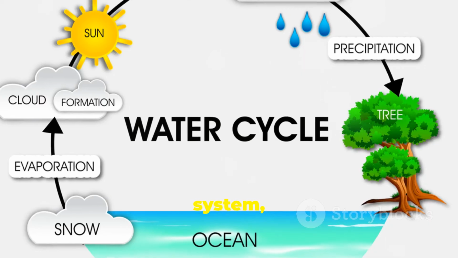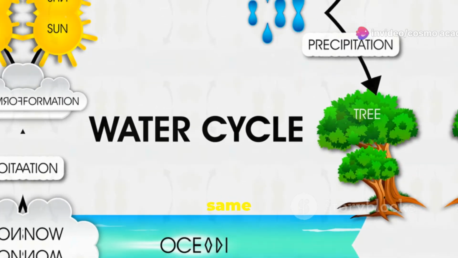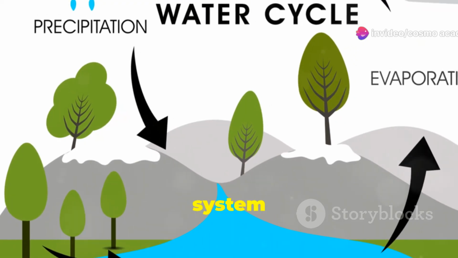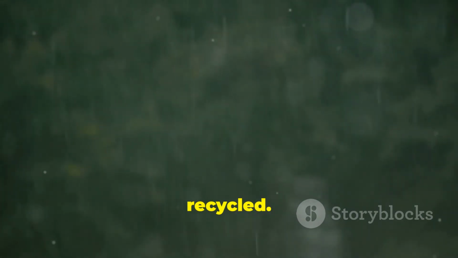It is a closed system, meaning that no water is lost or gained during the process. The same water molecules have been cycling through the system for millions of years, constantly being recycled and reused. Instead, water is constantly being recycled. Rainwater is absorbed by the soil, replenishing groundwater supplies, and eventually making its way back to rivers and lakes, continuing